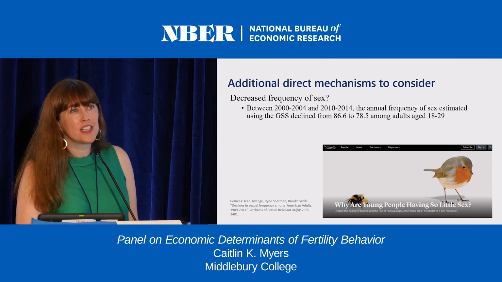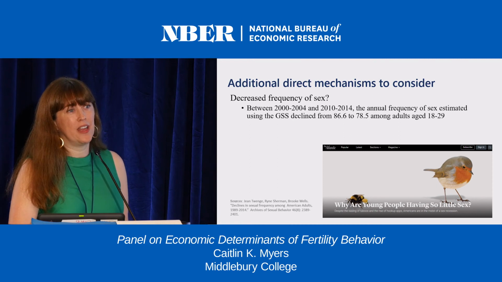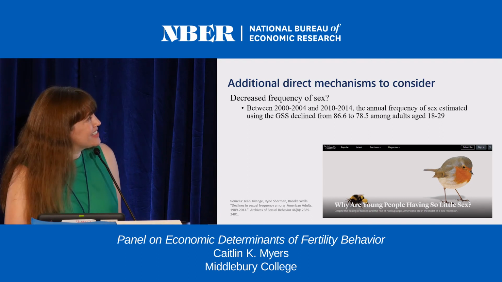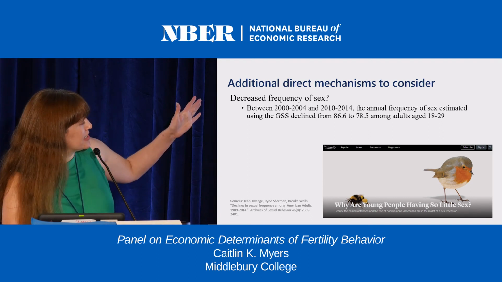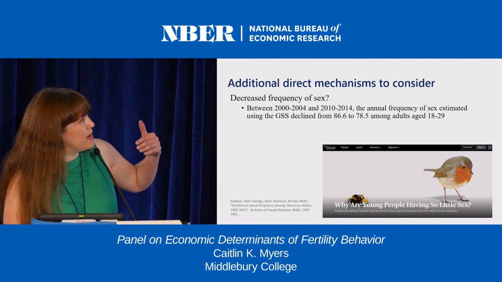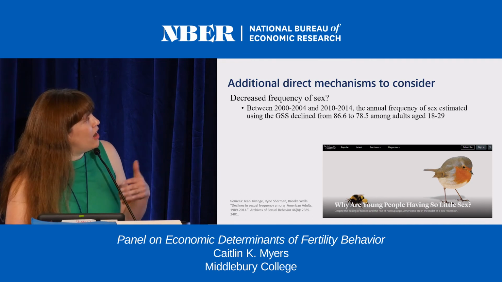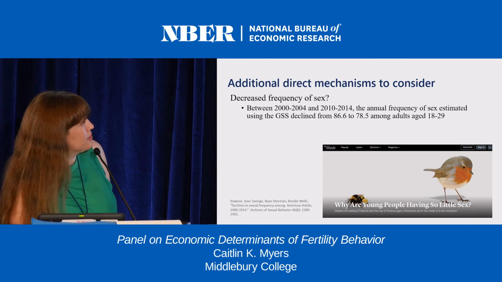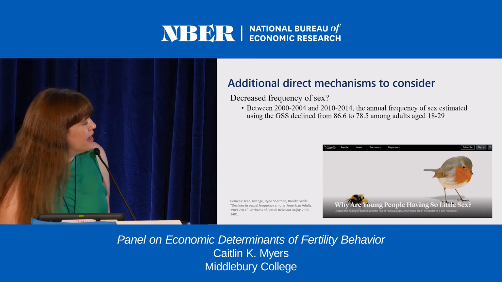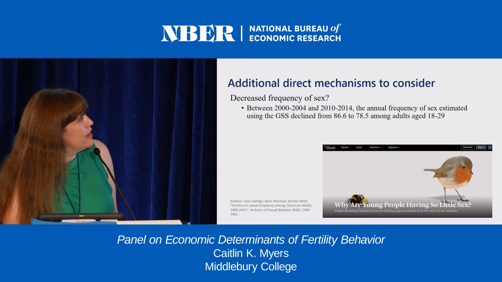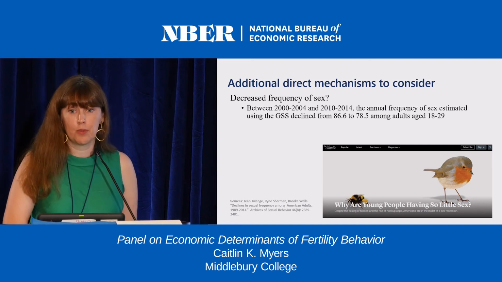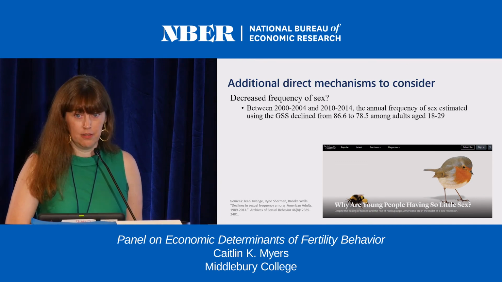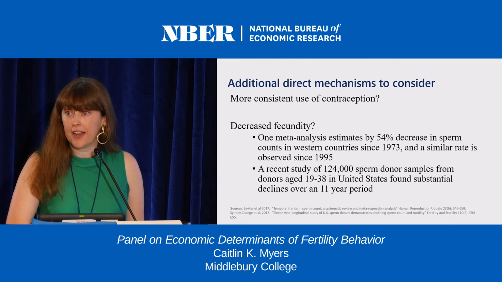The NSFG has fairly aggregate measures of sexual behavior, if you had sex in the last 3 months, if you had sex in the last 4 weeks. But the GSS has some measures that let other people back out and estimate annual frequency of sex. I haven't done this, this is Jean Twenge's work. In her work, they've estimated that it's declined over a fairly short period of time between 2000 to 2004 and 2010 to 2014 for young people aged 18 to 29 from 87 times per year to 79 times per year, which is roughly a month-ish less sex. If there's really a sex recession, that could be part of the factor that's going on here in the fertility decision tree.